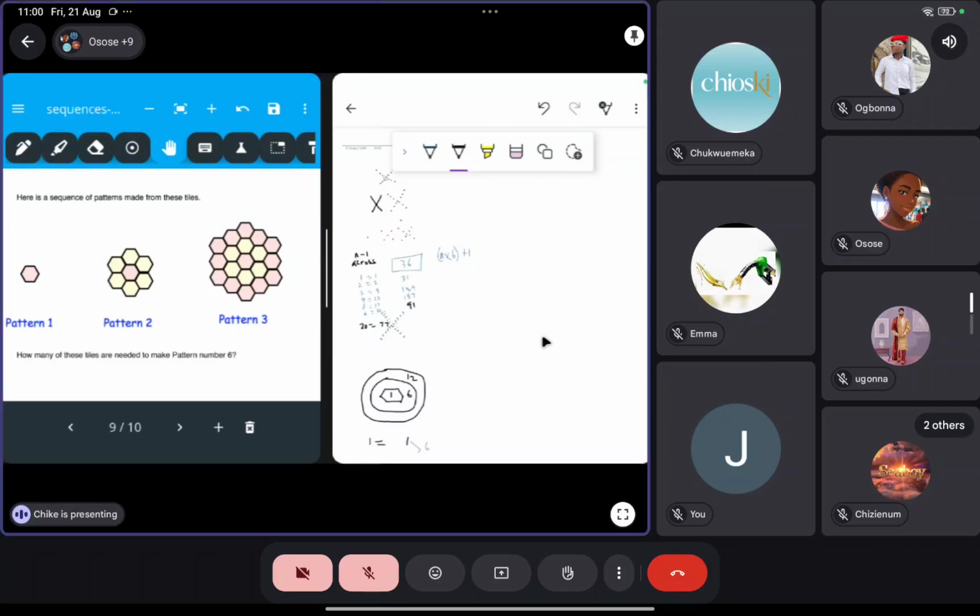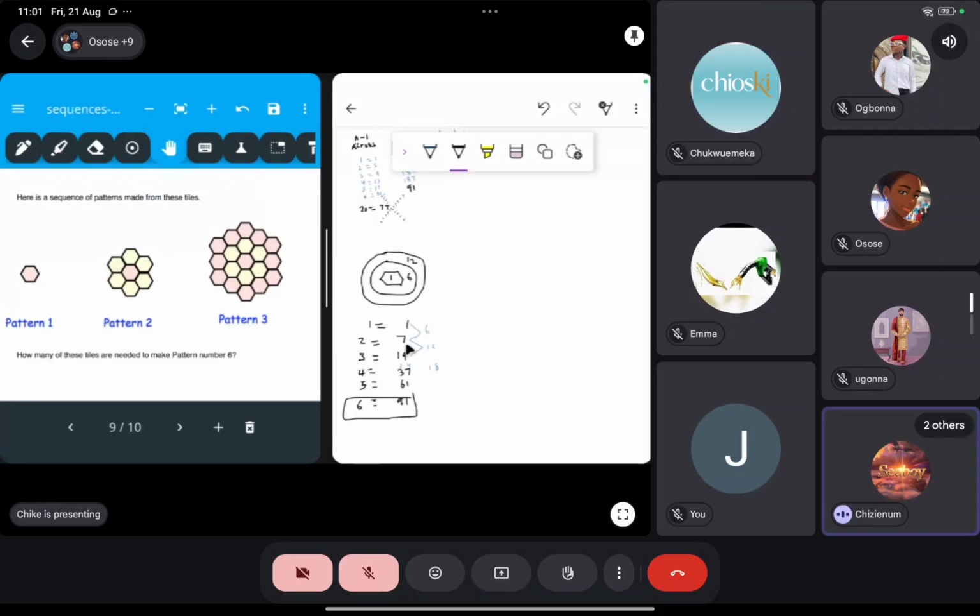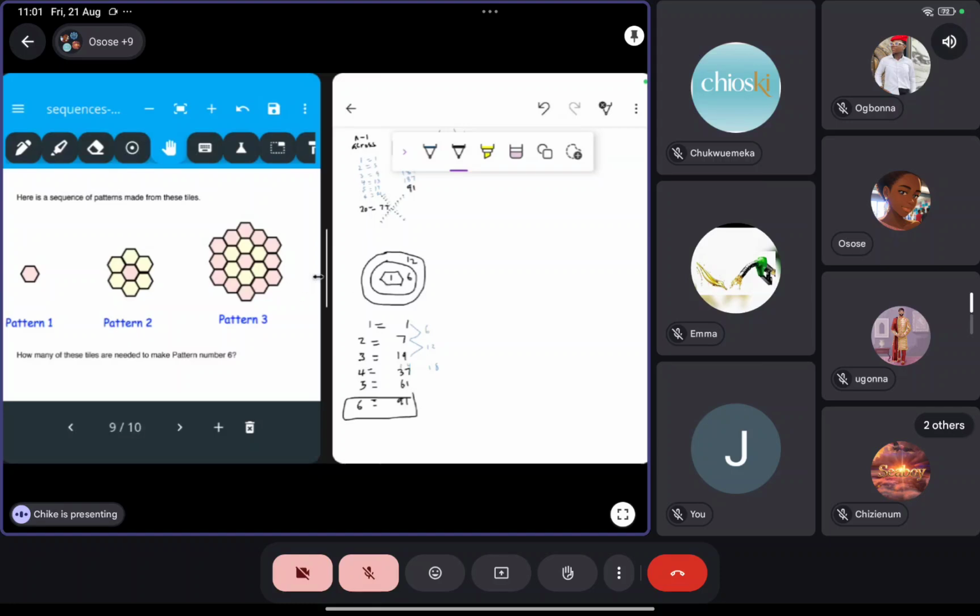Now, looking at the way the pattern is being formed, they are adding multiples of 6. Pattern 1 plus 6 gave me the next pattern, which is 7. 1 plus 6 is 7. The next multiple of 6 is 12. So, for me, the way I saw it is that every time you're adding times 2 of the next number. Like after 6, times 2 of 6 is 12, times 2 of 12. I also saw it in that way, but I noticed something is not going to work